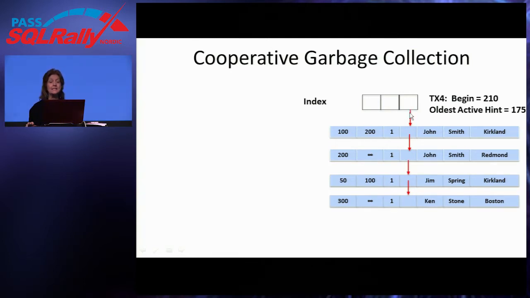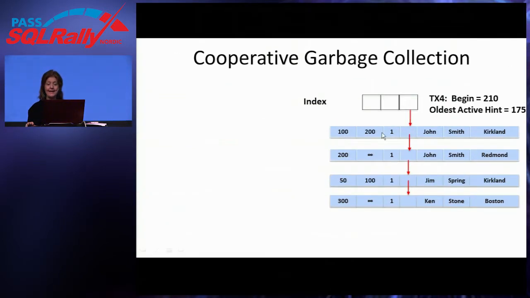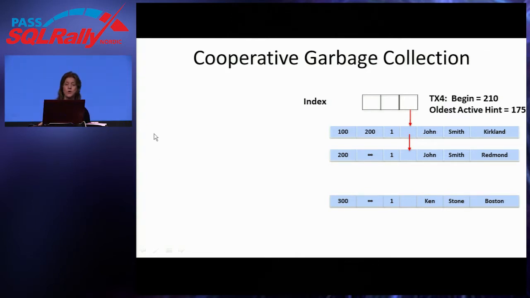So as any scan goes through the table, if it sees a row that was deleted before time 175, it can just say, we don't need this. Nobody's going to need this anymore. And as it's scanning through, it can just remove that row. A user process will unlink rows from an index that is being scanned. We can't really get rid of that row until it's unlinked from all of the indexes that point to it, but the user processes are cooperative, and they do a bunch of the unlinking, so the main garbage collection thread doesn't have quite so much work to do. And the links are then readjusted.